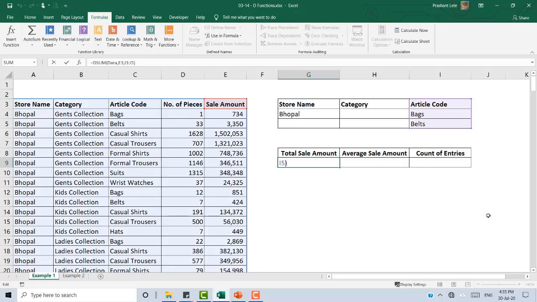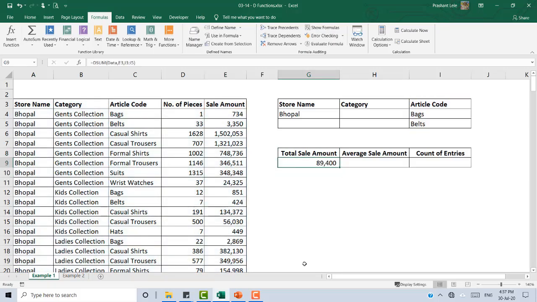SUMIF also gave us the same result, but in SUMIF we had to add another SUMIF for belts separately. Okay, but in DSUM we can just extend our criteria, and as many entries as we need we can put here. Understood, students? So this is the benefit of using DSUM.